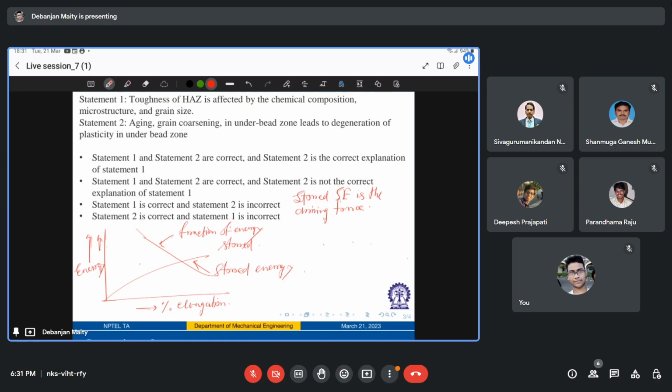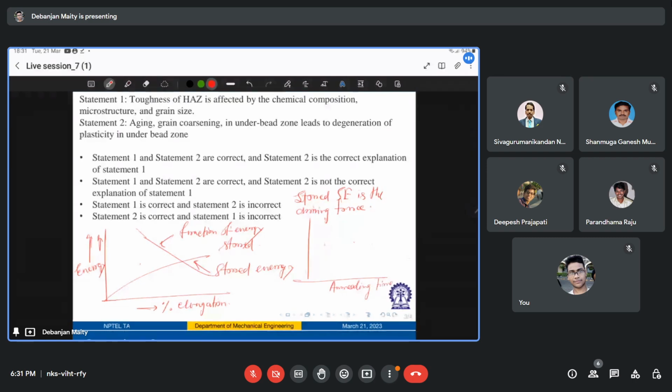And it can be expected that the strength or hardness of a work hardened material tends to decrease with increase in annealing temperature and time. So again, if we try to draw some graph over here, with annealing temperature, and let's say this is my strength, it follows some curve like this. Okay,